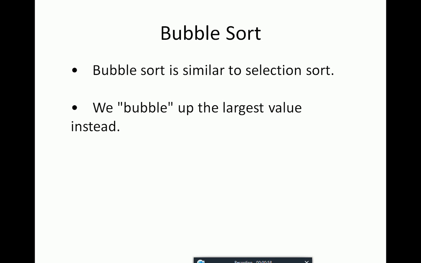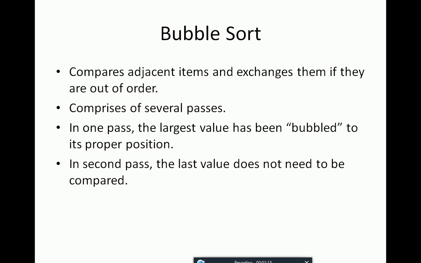But in bubble sort, it is exactly the opposite of selection sort. We try to find the maximum element of our array and place it at the last position of the array. And what we do in bubble sort is compare the adjacent items and swap if they are